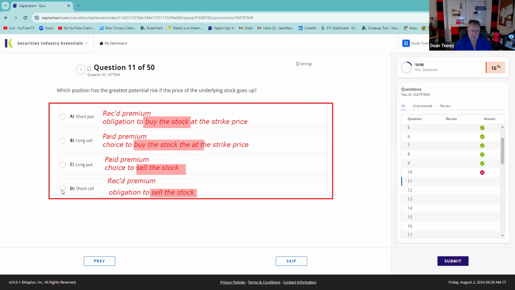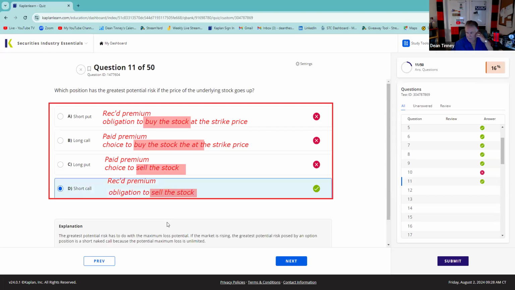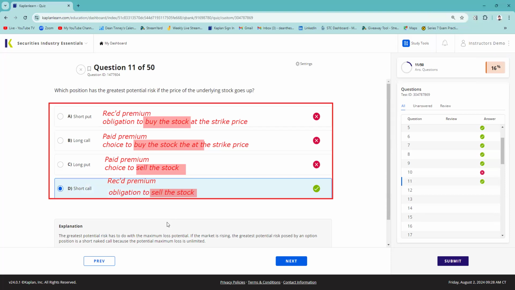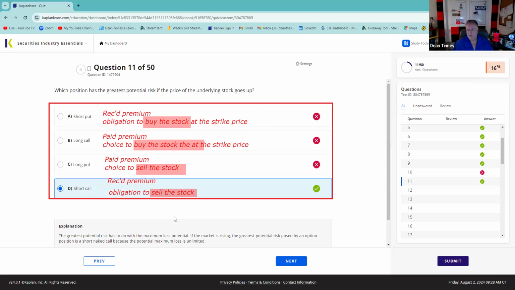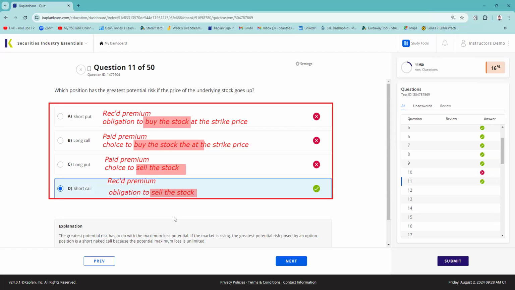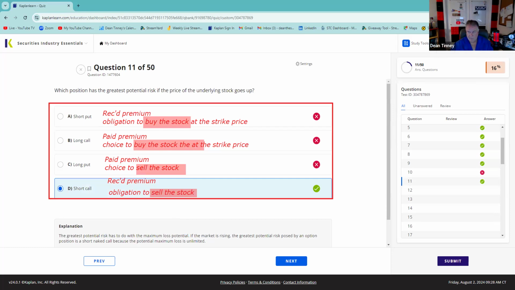If you agree to sell stock you don't own, you have unlimited loss potential. That's very testable. It's very testable to know what exposes customers to unlimited risk, and what exposes customers to unlimited risk is agreeing to sell stock they don't own. We have two versions of this: a naked call or an uncovered call, because you don't actually own the stock. If we had the stock, we wouldn't be having this discussion, so don't be bringing extra stuff.